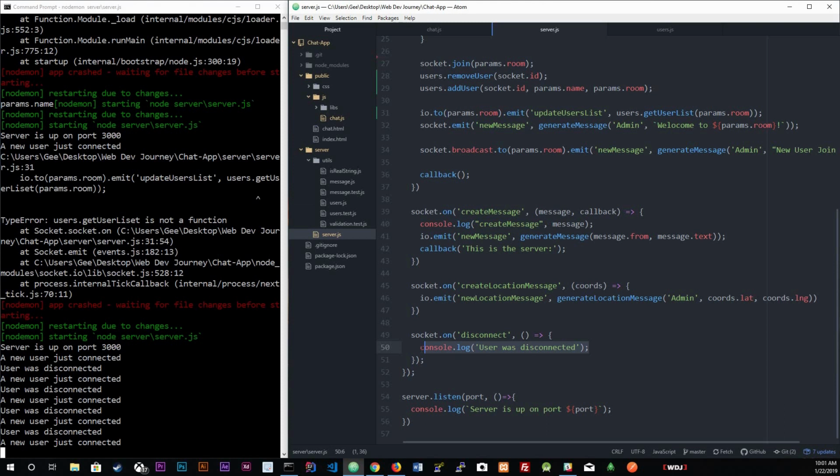So right here, remove this. We're going to create a variable called user. It's going to set that equal to users.removeUser. We're going to remove that user. So remove user, and we're sending in the socket.id. Okay. Now this can have a user removed or it can't have a user removed. So we do got to check if a user was actually removed. So if there is a user with that socket ID,